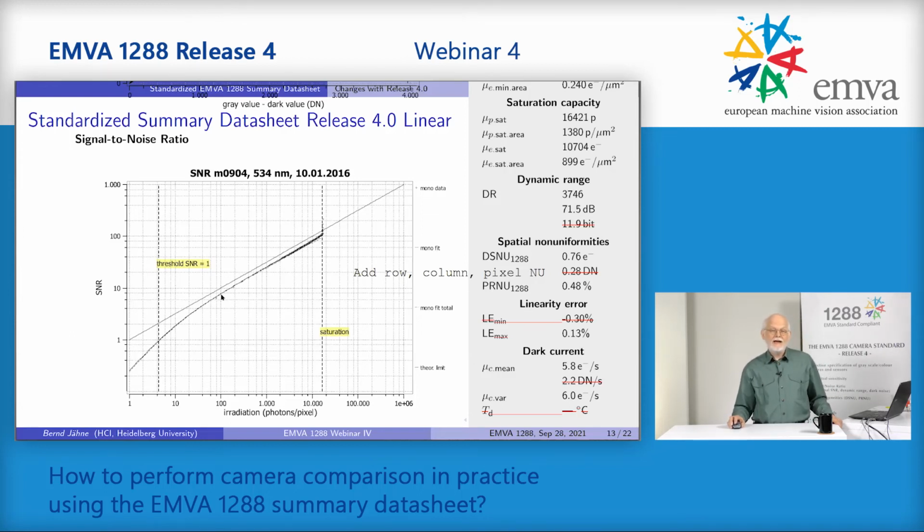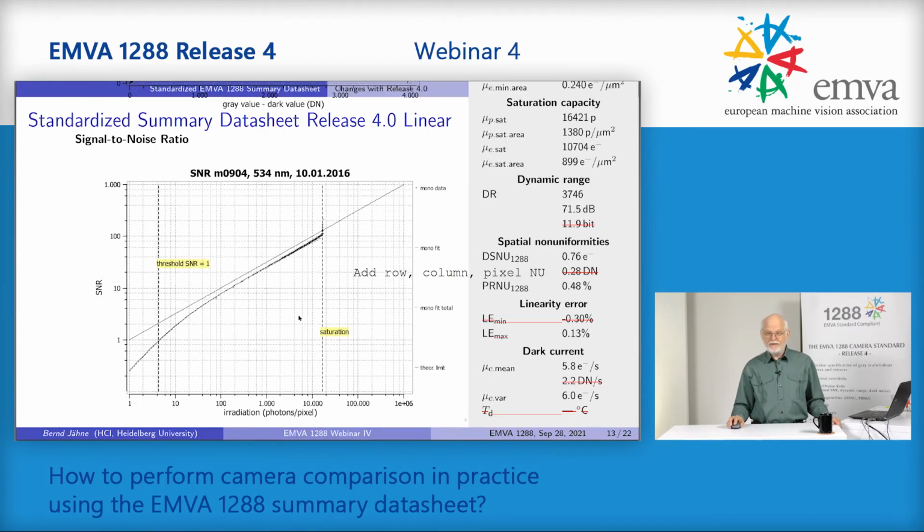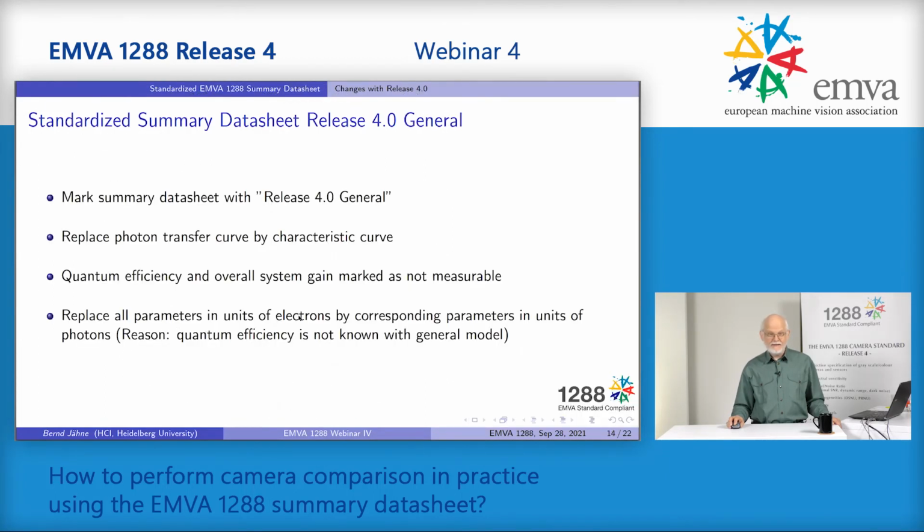You can compare even nonlinear and linear cameras with the SNR. By the way, I forgot one thing. The photon transfer curve is also no longer listed in the channel one. We use a characteristic curve here. That means we can immediately see what type of nonlinearity a channel camera has. Okay, I hope that this gave you a good understanding. Here is just summarized again the changes of the datasheet